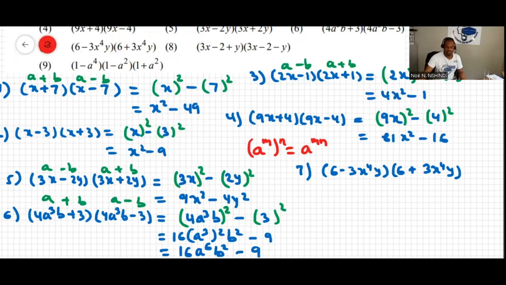Okay, this will be 6 minus 3x to the 4y, so it's going to be 6 to the power of 2, and that also to the power of 2, and then 6 squared is 36 minus 3 squared will be 9, x to the power of 4 to the power of 2. So with these cases we make 4 times 2, which is 8. So x to the power of 8, and then y to the power of 2. Okay,